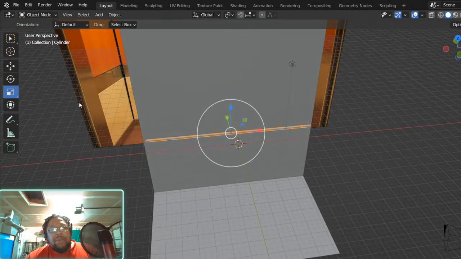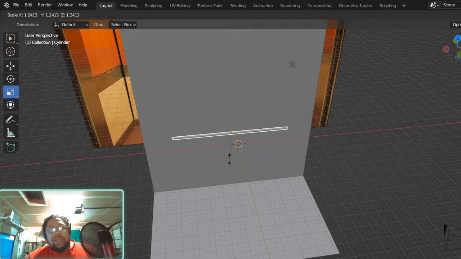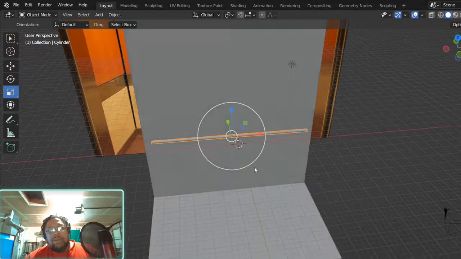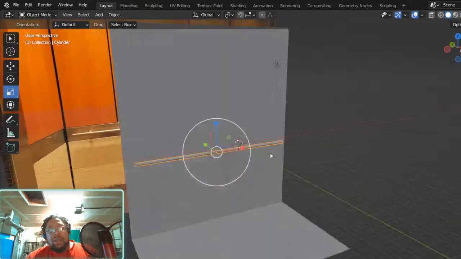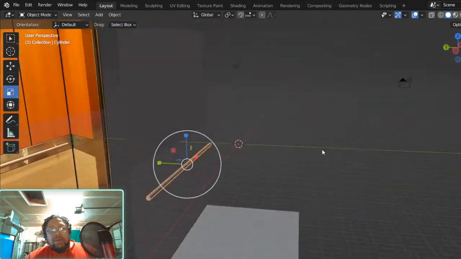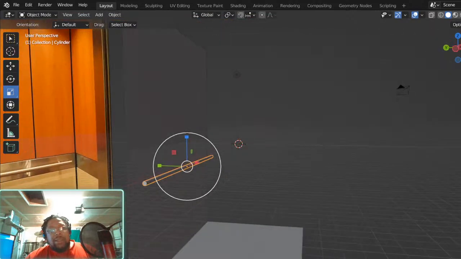So you know what? I kind of want that a little thicker. So what I do is I do this, thicken it up a little bit, and bring it out there. That'll work. Now I just need to attach this to the wall.